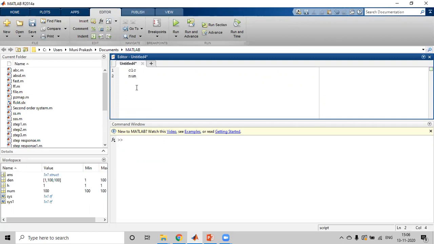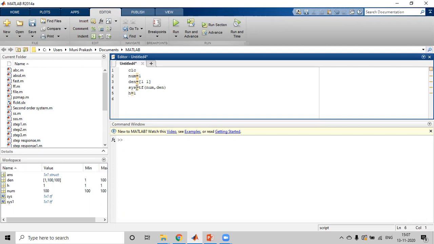Coming to the first, we need to specify the open loop system numerator. We are having only one element, 1. Denominator is equal to, in the denominator we are having 1 by S plus 1, so the S^1 value is 1, space, S^0 value is 1. Once you know the numerator and denominator, we are framing an open loop transfer function. SYS is equal to TF, a predefined function, of numerator comma denominator. Then we need to add a feedback element, H is equal to 1.